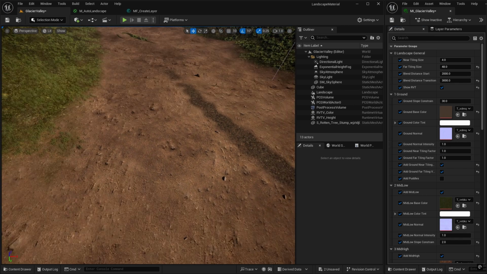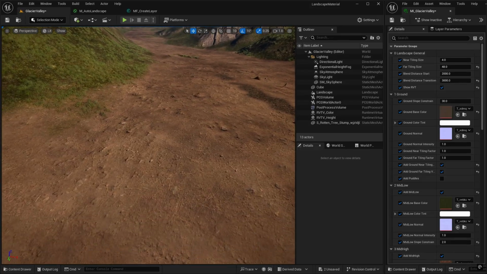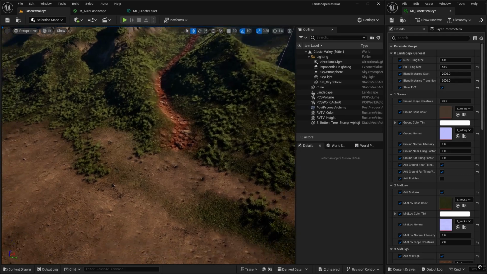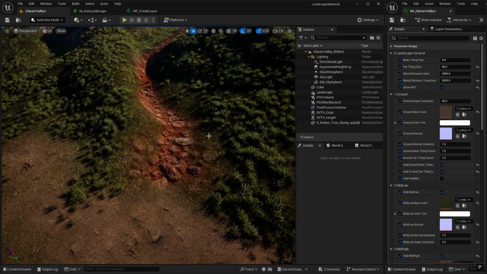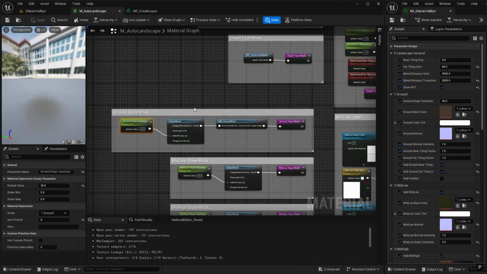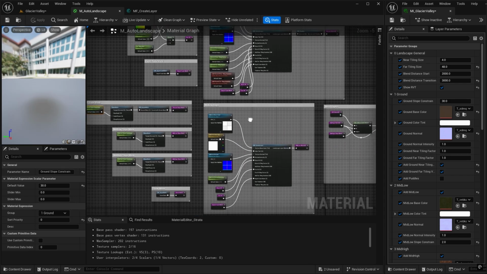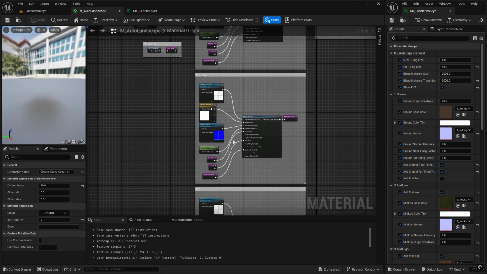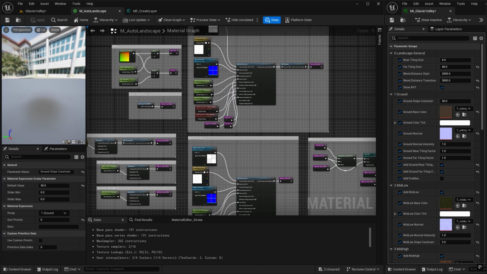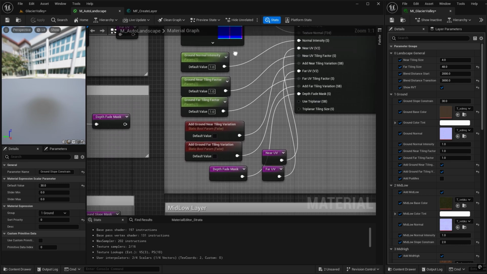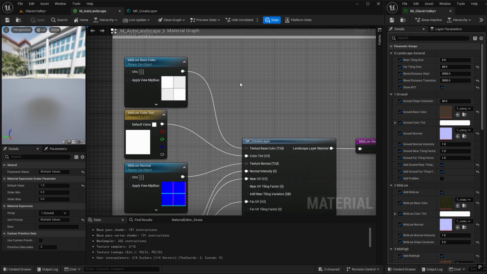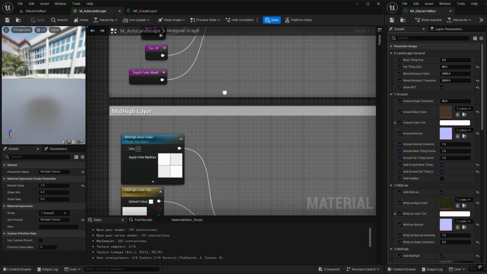So now I can change these in all of the different layers. If I wanted to change it in the mid-high layer for the path here, I would go back to my landscape and plug those parameters into the mid-high layer. So let's find where I was. The ground layer here. Let's copy these 2 parameters. So drag around them, Control C,